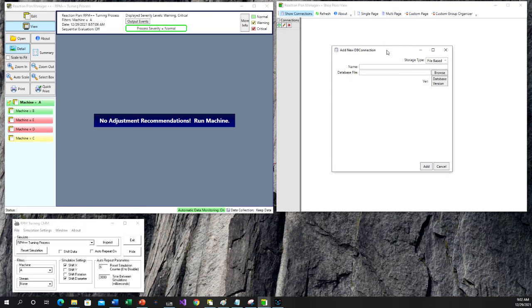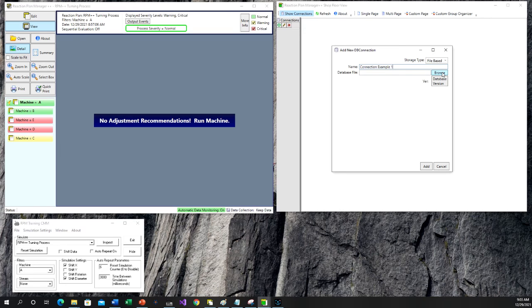Now I know I have 2 connections out there. The first one we'll set up is the file-based database file. So I'll call this connection example 1,